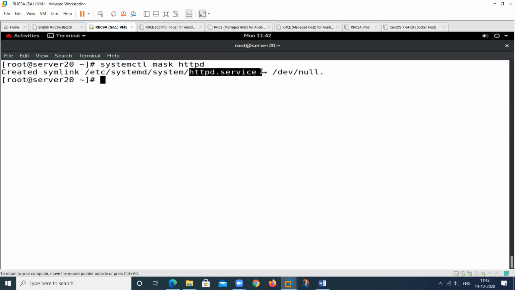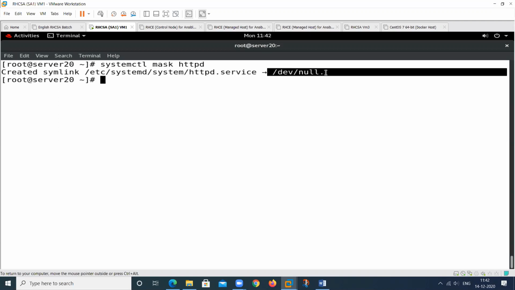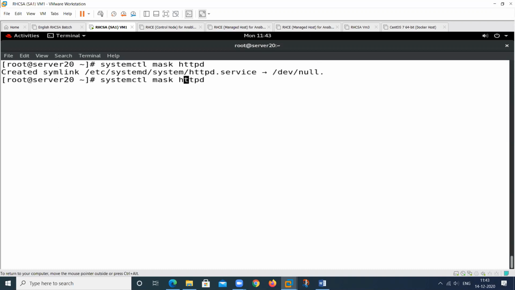The service name is this. This will go to this location. So no service will start from this location, because this is a not specified location. Then see the status of this particular service, what it will show me.